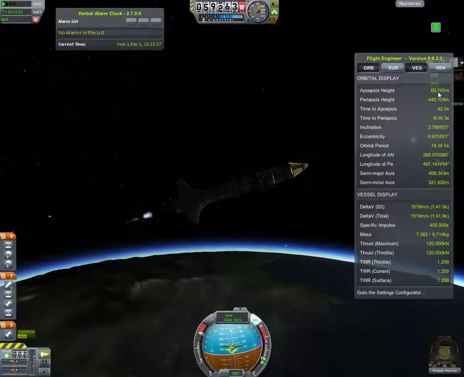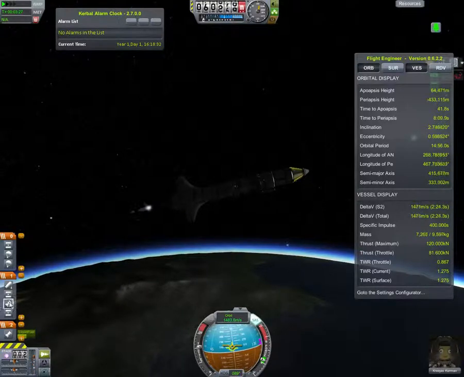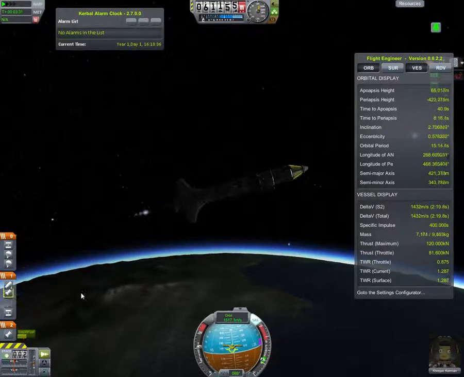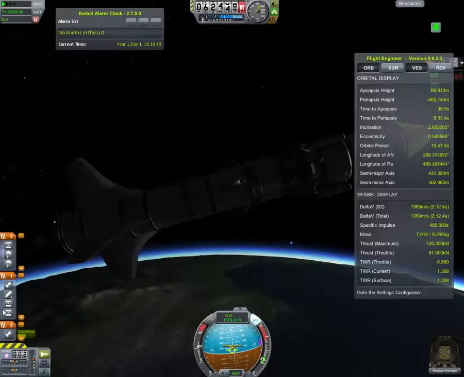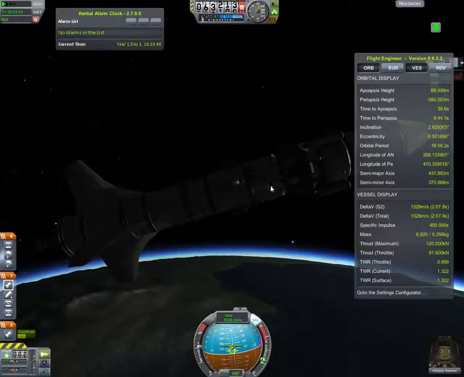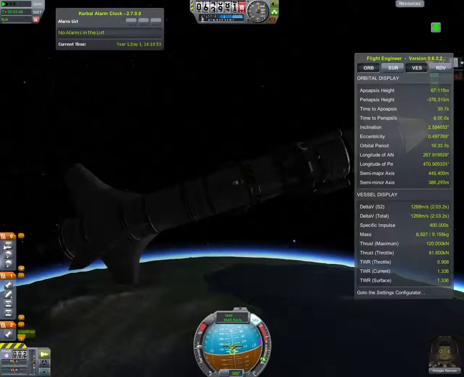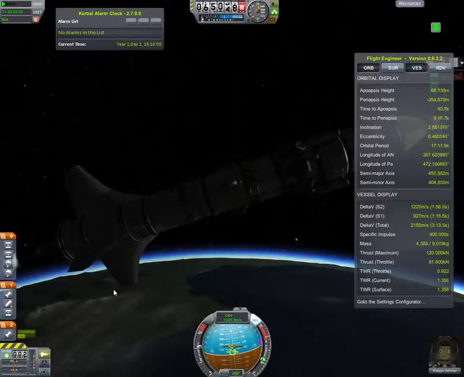So my apoapsis is sitting at 63. I can start throttling down now, actually. My apoapsis is sitting at 60... I have a bunch of decouplers that I don't remember putting on my ship. Does that decouple the engine? No, that is the decoupler for my heat shield, because that'll blast it off to reduce my